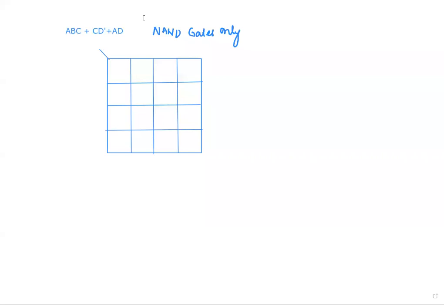Now you will write AB and CD, then put the numbers 0, 1, 2, 3. This is a very important step. If you don't do this, you're always going to make mistakes.